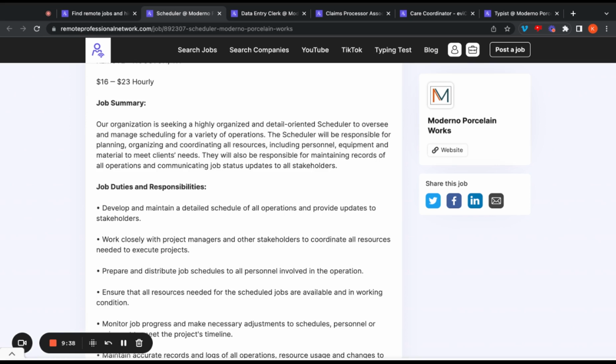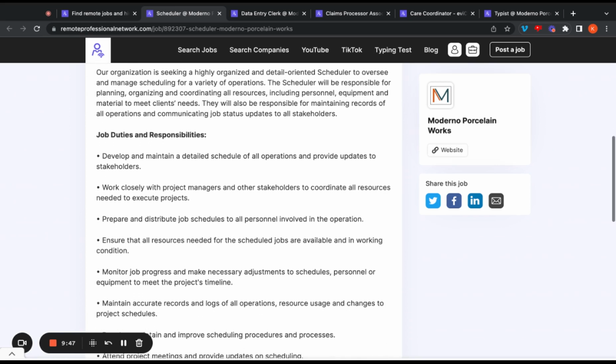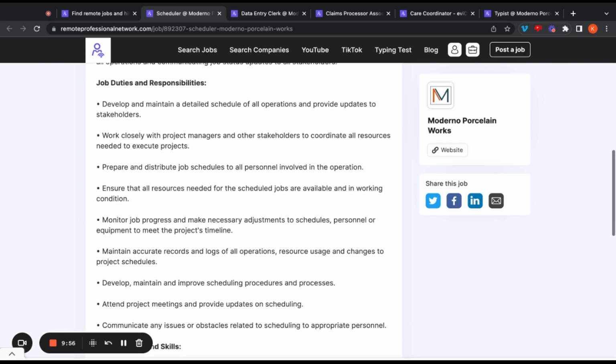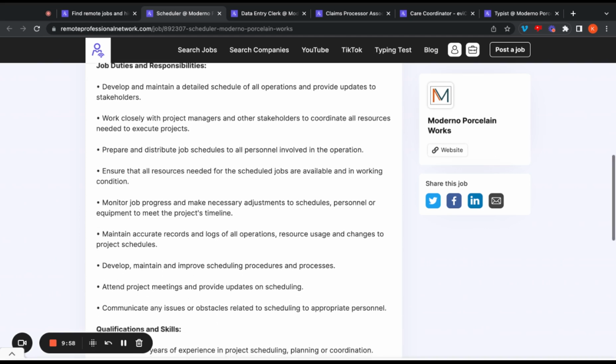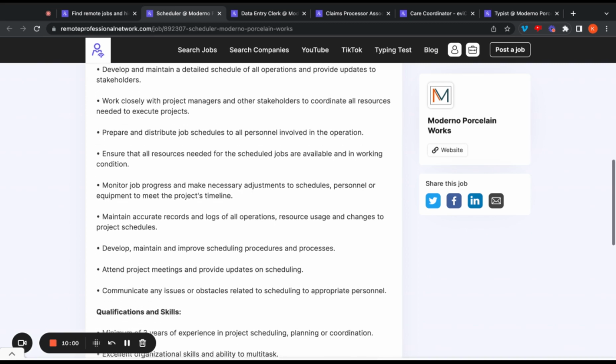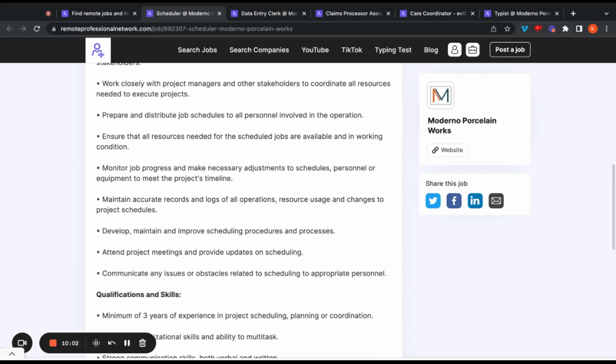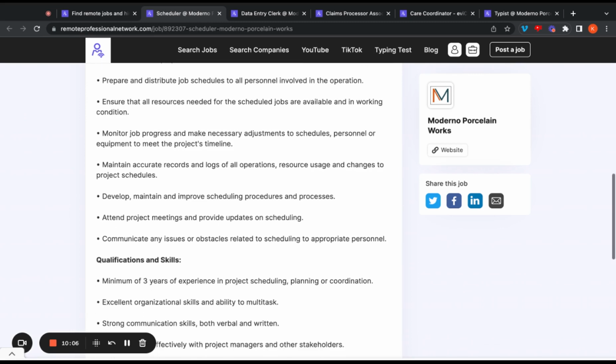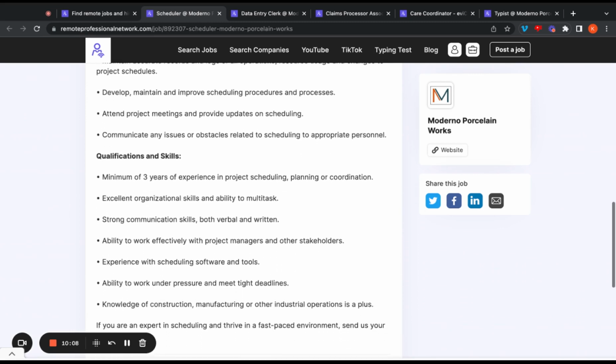You're also going to be responsible for maintaining records of all operations and communicating job status updates to all of the stakeholders involved. You're going to develop and maintain a detailed schedule of all operations, work closely with project managers and other stakeholders, prepare and distribute job schedules to all personnel. You're going to ensure that all resources needed for the scheduled jobs are available and in working condition. You're going to monitor the job progress, maintain accurate records,